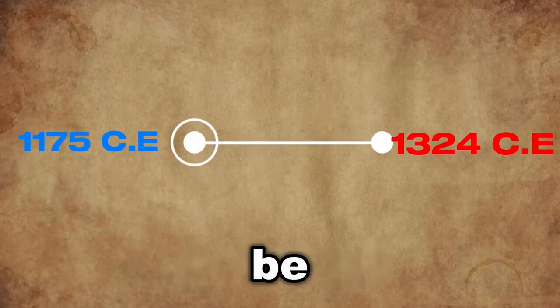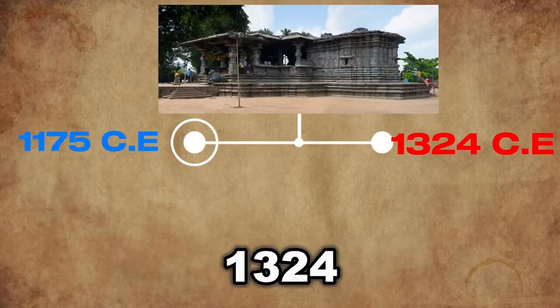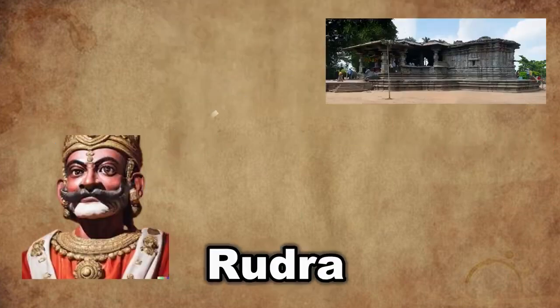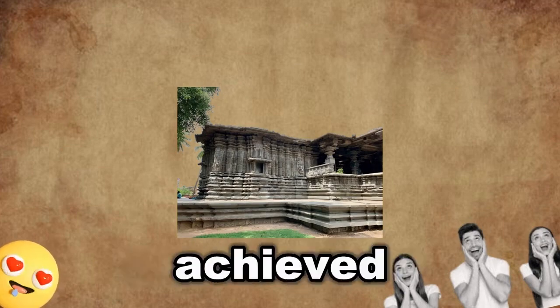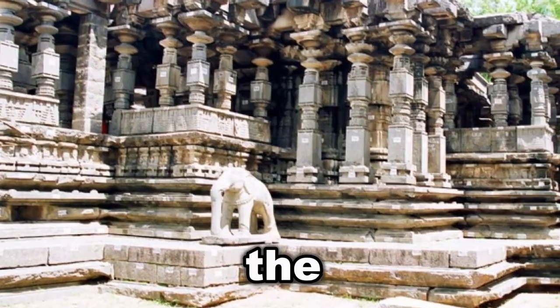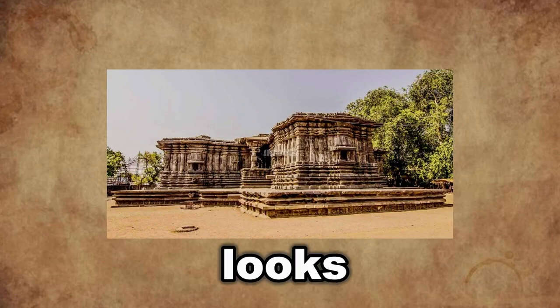It is believed to have been constructed between 1175 and 1324 CE by order of King Rudra Deva. It stands out as a masterpiece and achieved major heights in architectural skill by the ancient Kakatiya-Vishwakarma architects. At first sight, it looks like a regular temple, but there is something different about this temple, because